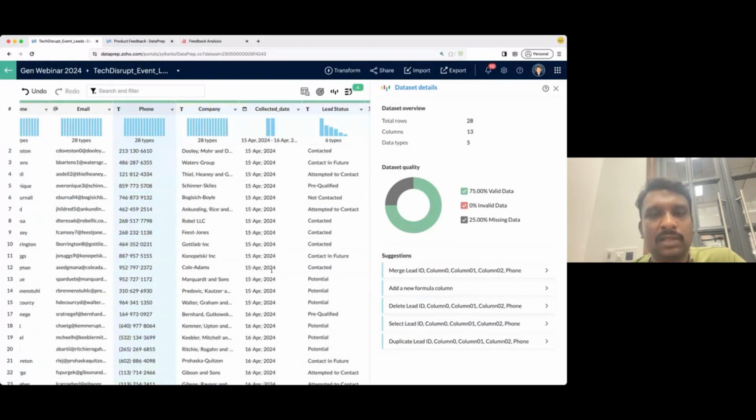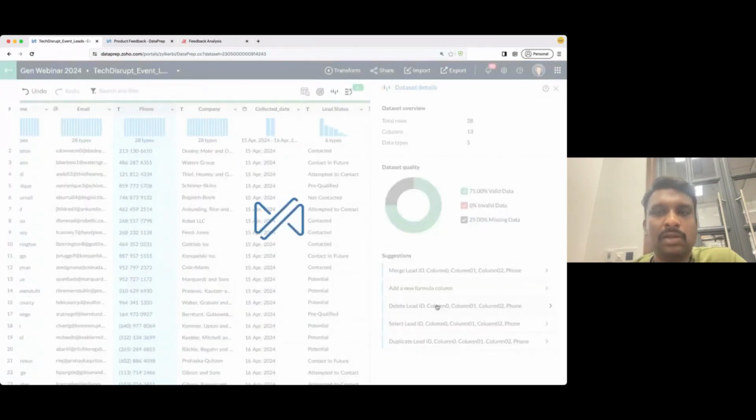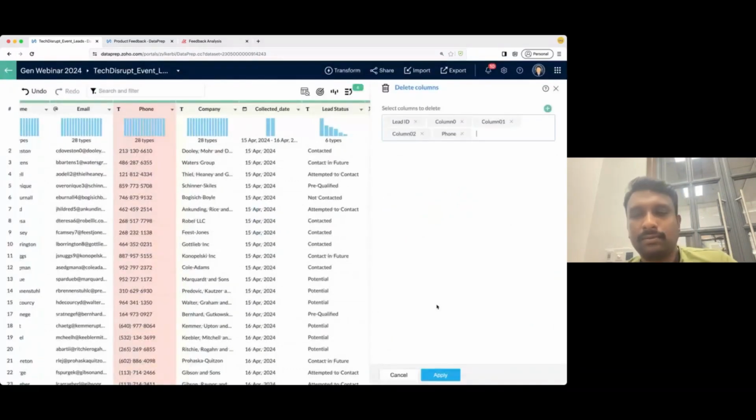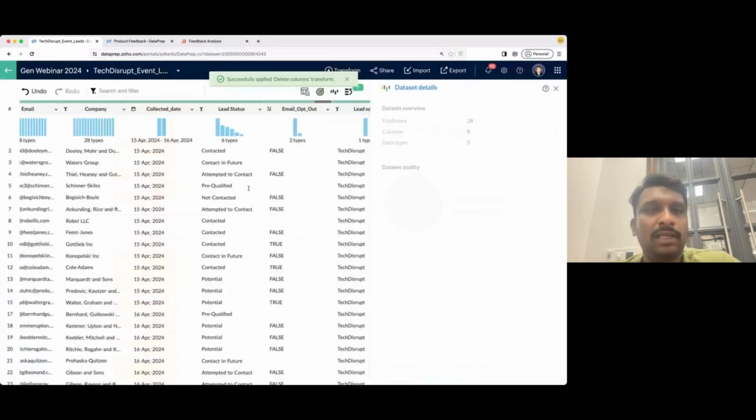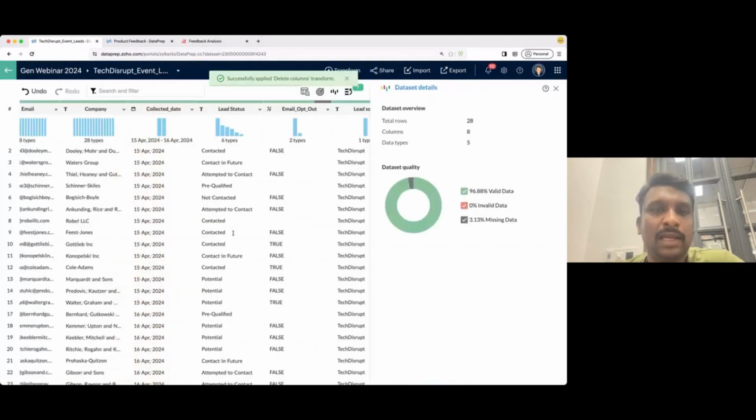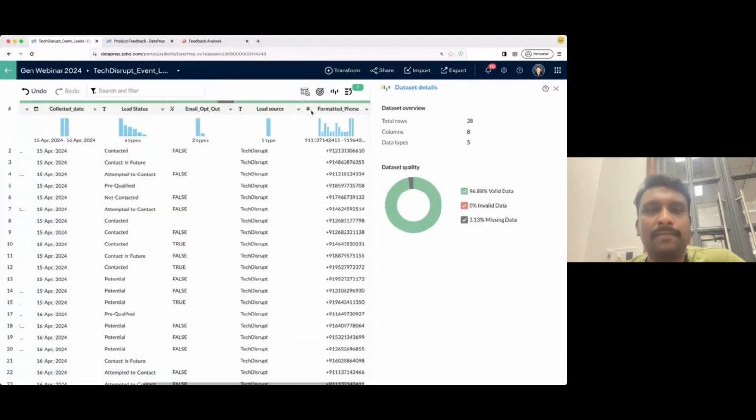As soon as I select these columns, it is also giving me a variety of suggestions about what I want to do. Here, I'm just going to delete all these columns. So I have pretty much cleaned this particular data set. I have transformed the data that I wanted to. Now let me jump into